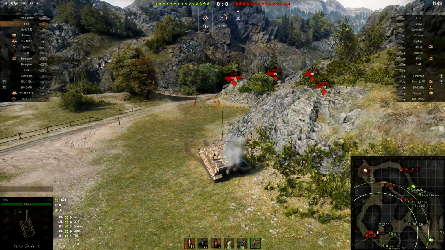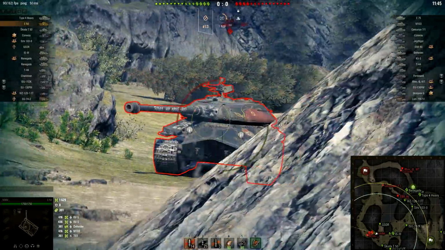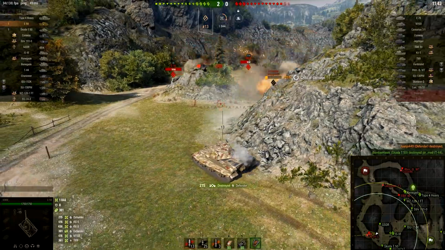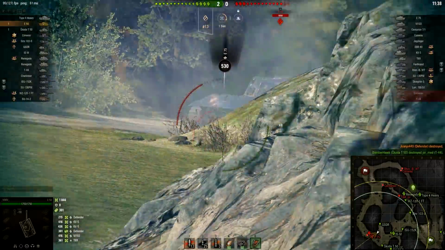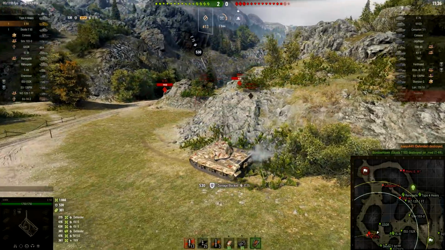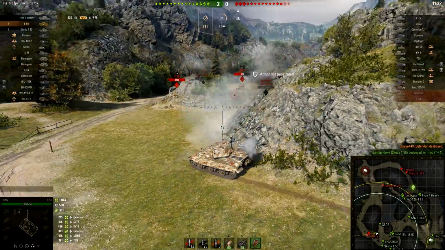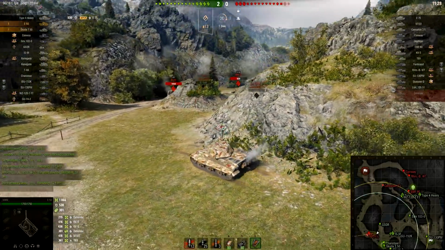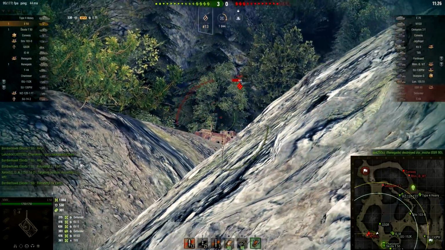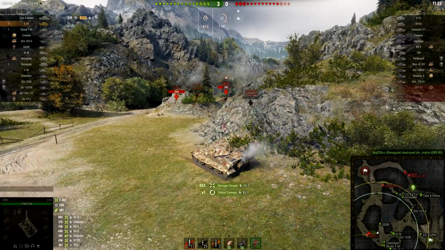Which is actually very interesting, because this 8.8 centimeter L100 gun has the best DPM out of all the guns E50 is able to use. E50, by the way, with this gun has one of the highest DPMs among all the medium tanks in the first place, but increasing its alpha damage up to 280 is going to improve this DPM as well. So when this buff actually goes through, then E50 is going to have a new best DPM compared to any medium tank in this game using this gun,